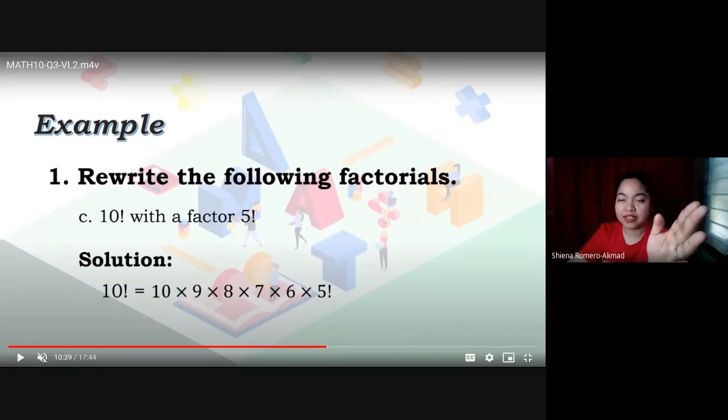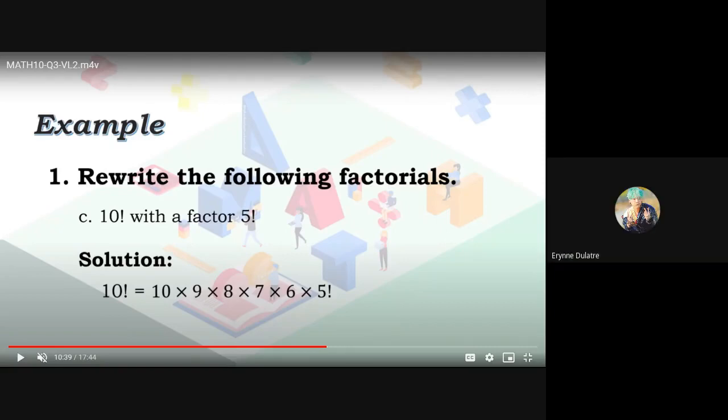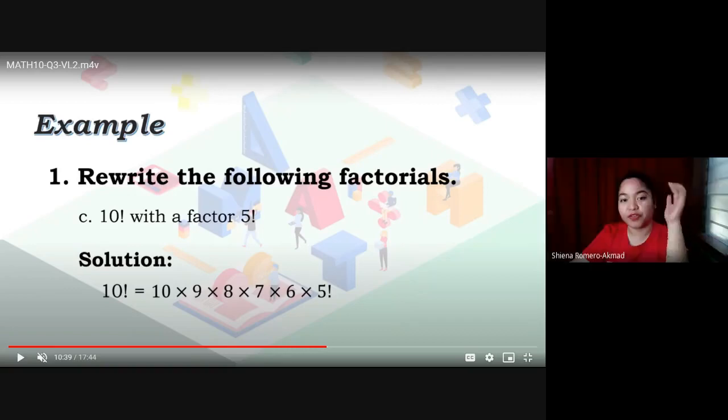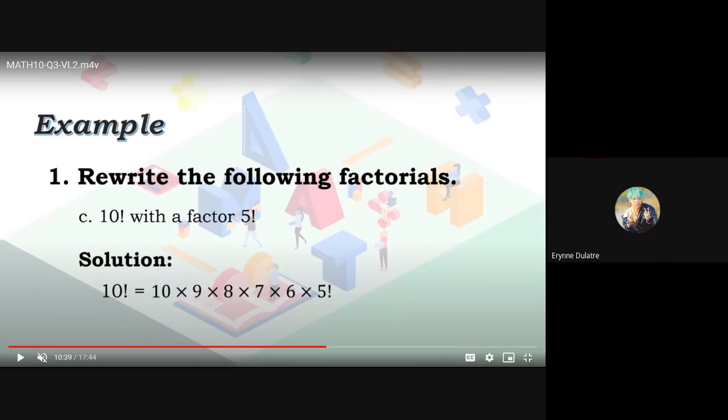50 factorial, rewrite it with a factor of 43 factorial. Postrano, mukhang nalagdatik si Postrano ngayon, no? Ay, iba naman daw, si Don Latre. Ay, ako po ba, ma'am? 43 po, di ba, ma'am? Opo, 50 tapos 43. Ano po, 50 times 49 times 48 times 47 times 46 times 45 times 44 times